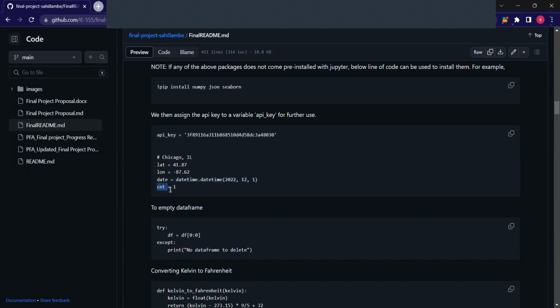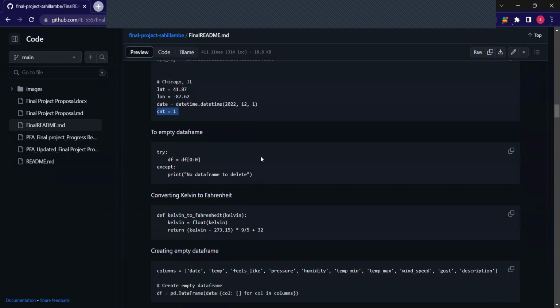CNT, this variable represents the count of weather data records to retrieve. In this case, it is set to 1, indicating that we want to retrieve data for a single hour. The purpose of this code snippet is to set up the necessary parameters to retrieve weather data for a specific location, here Chicago, and the date December 1st, 2022, using the OpenWeatherMap API. The API key, latitude, longitude, date, and count are essential parameters required to make a successful API request and fetch